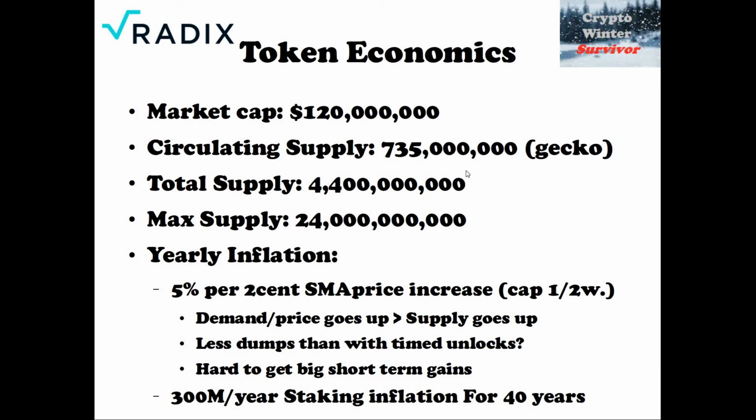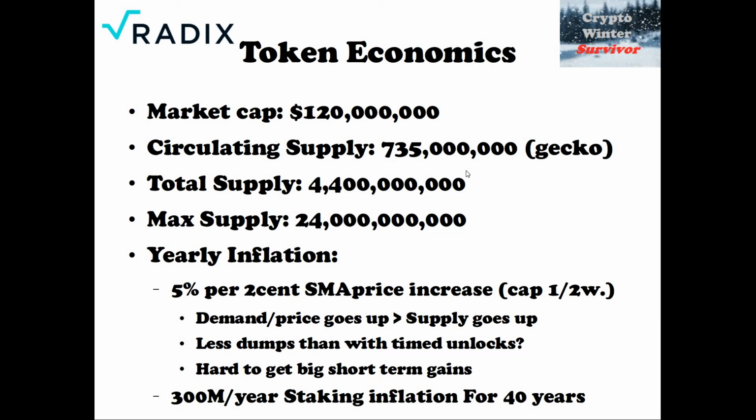Pretty much anytime that the price over a week rises 5%, 2 cents, 5% will be released. So it's an interesting way. Most projects actually choose to release their tokens every 3 months or every half year or whatever, but they actually chose to tie it to the price, which again is interesting, but nonetheless there's going to be a shit ton of inflation coming.